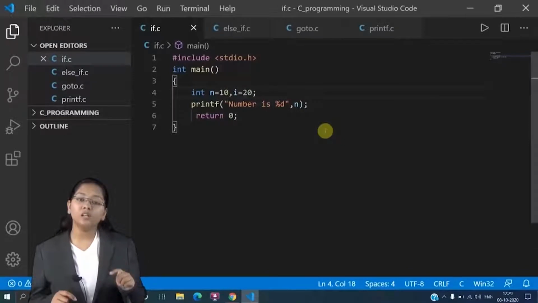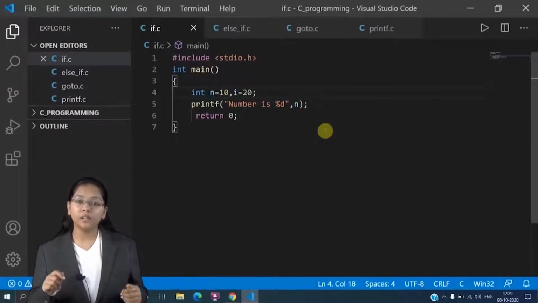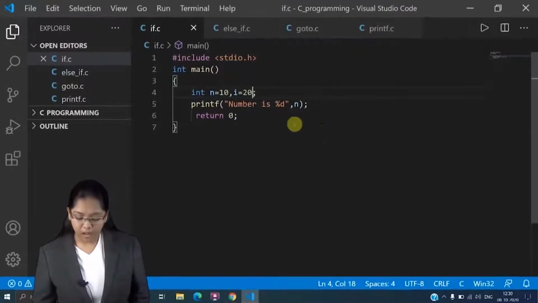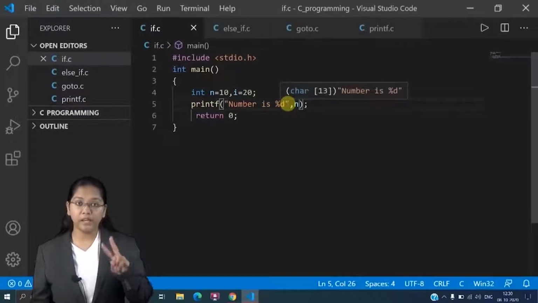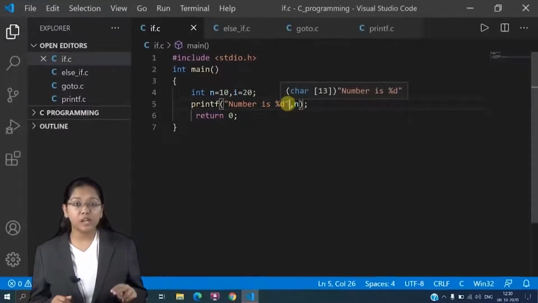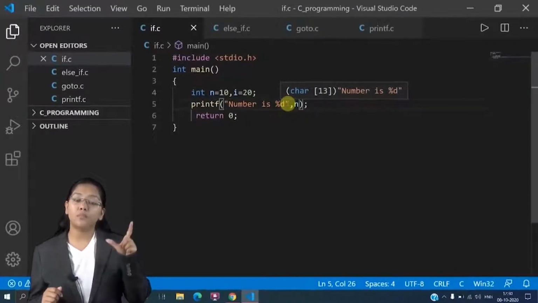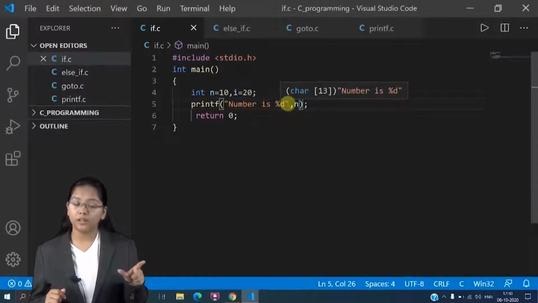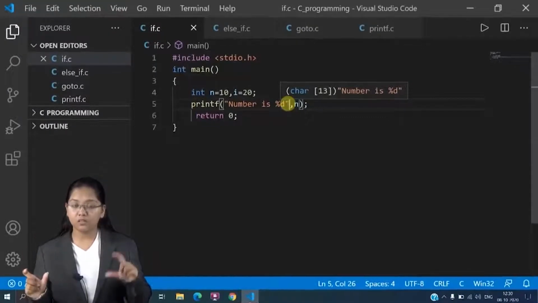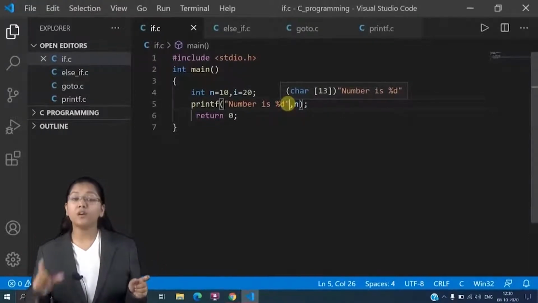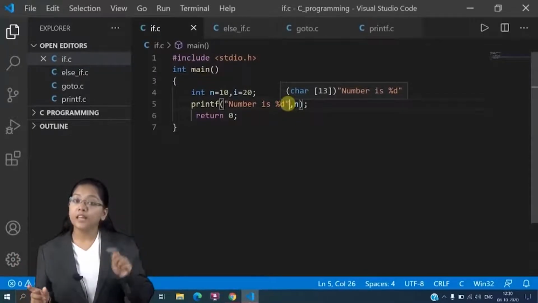Now I want in my output console that number is 10 and 20. Then how will I do that? Here I want to print two integer values, so I have to take two %d. For every variable you have to specify a proper format specifier. Here we have taken n, so for that %d. Again, if I want to print i, I have to again take a %d.